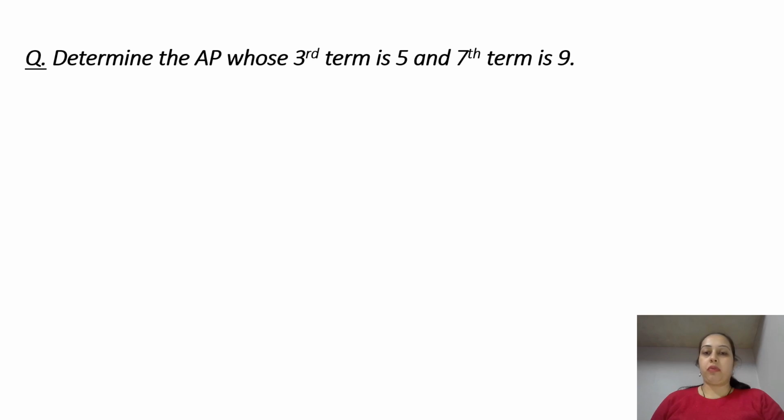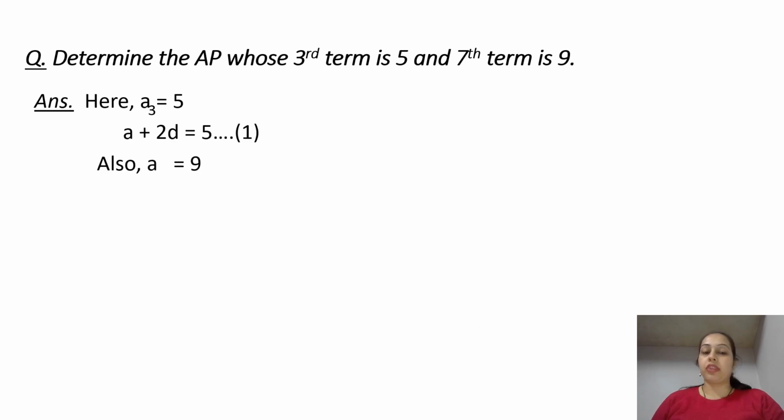This is another type of problem based on the same formula. Determine the AP whose third term is 5 and seventh term is 9. So third term is 5 means that a3 is 5. Now a3 can be written as a1 plus 2d equals 5. This will be our equation number 1. Also we're given a7 as 9, and a7 can be written as a plus 6d equal to 9,